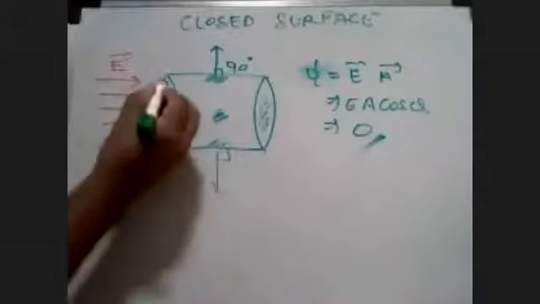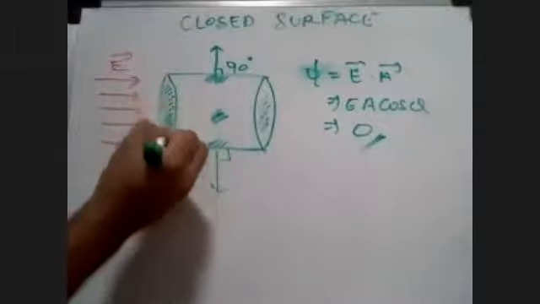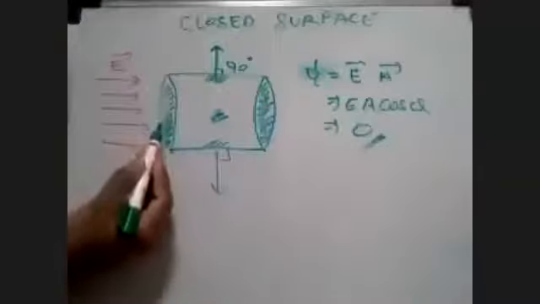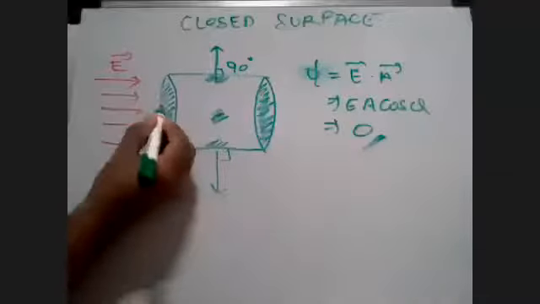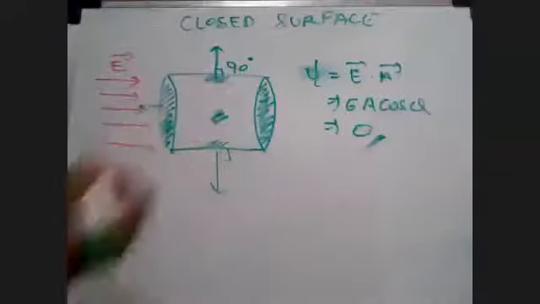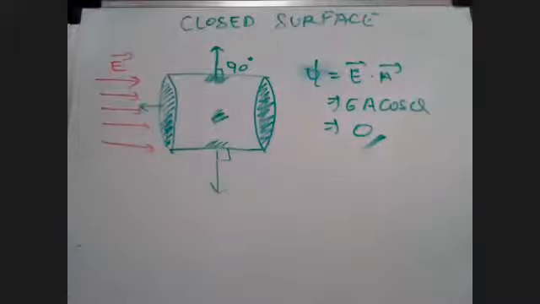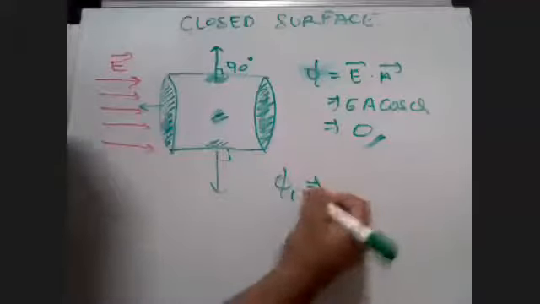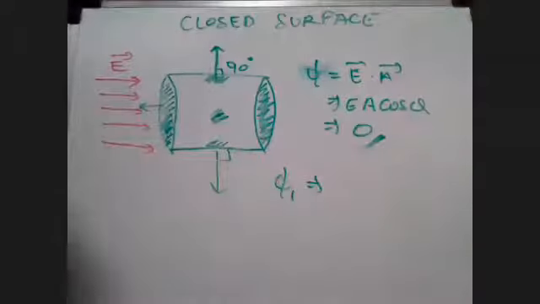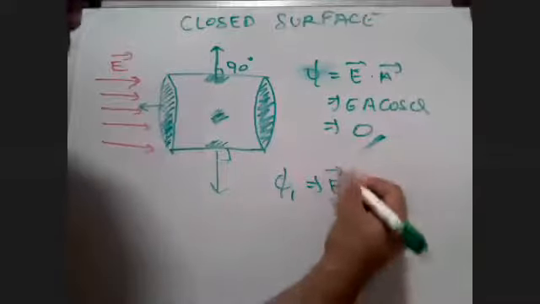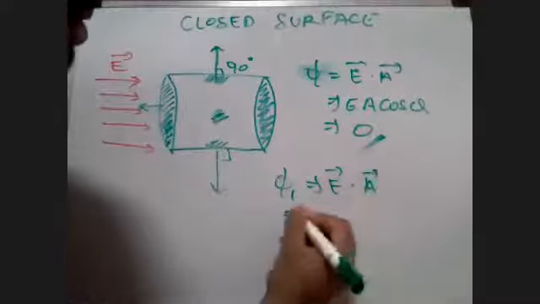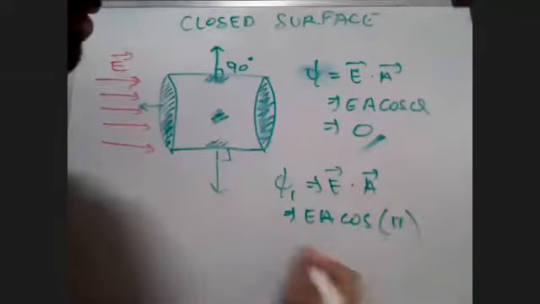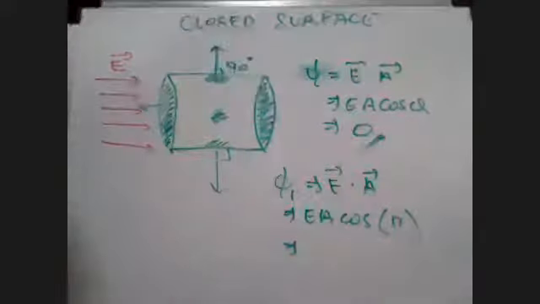But let's look at the first surface through which electric field lines are passing. Consider this to be the first surface. What is the area vector? Opposite to the electric field lines, at 180 degrees. So tell me quickly, what is phi 1? Tell me the full steps; in a board exam you can't write directly. Phi is equal to E dot A, that is going to be E A cos 180. Cos pi is minus 1.